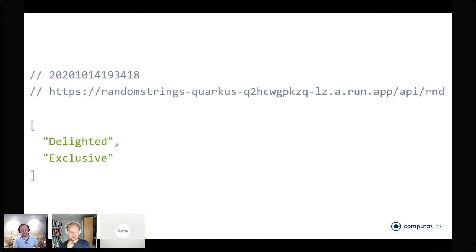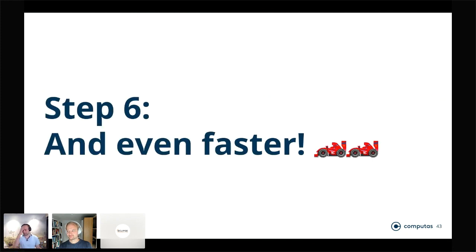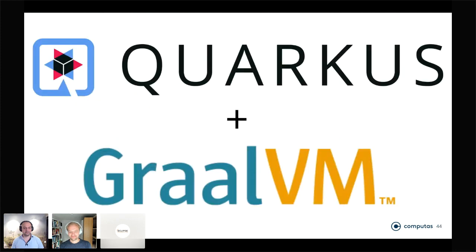But we have another thing that I kind of mentioned already. Now we put in Quarkus and it starts really fast in JVM mode and everything is cool. How do we make things even faster? Well, except for adding another racing car emoji to the slide, what do we do? So you want to talk a little bit more about the native mode, Mats? Yeah, or you want me to do that? Well, go ahead. I can go on for a long time. I'm trying to do the short version.